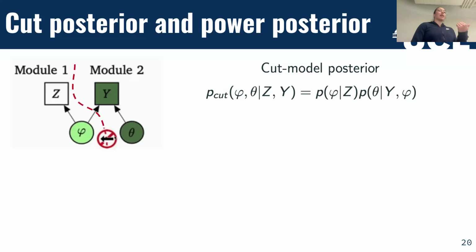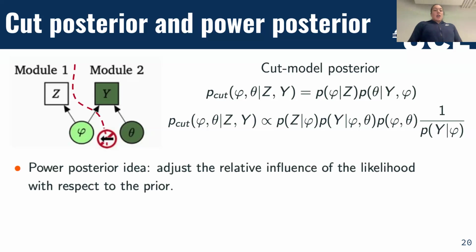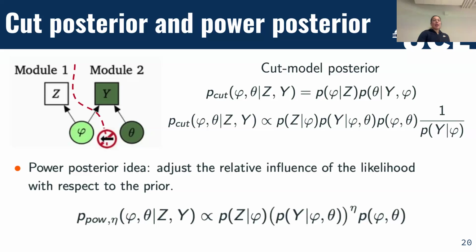So you can think we're completely cutting the influence on phi. This is just another way of writing it, which you're going to see why it's helpful in a second. So another idea that can be done, okay, that's kind of completely cutting the influence. The idea behind the power posterior is that you can adjust the relative influence of the likelihood with respect to the prior. So what would that be is that the power posterior, you're kind of going to have this power eta,